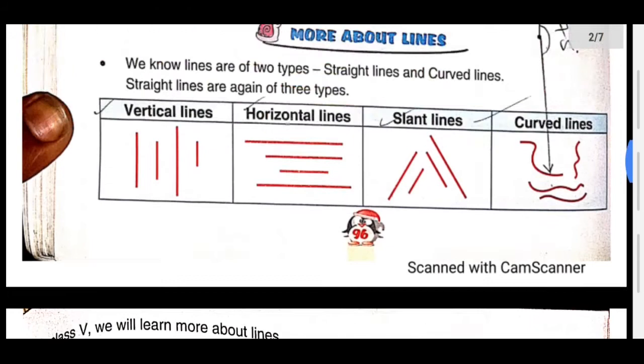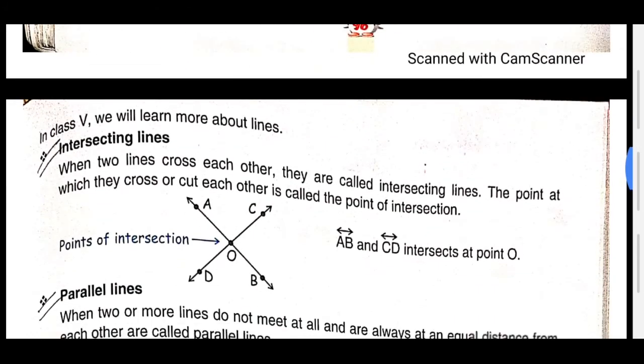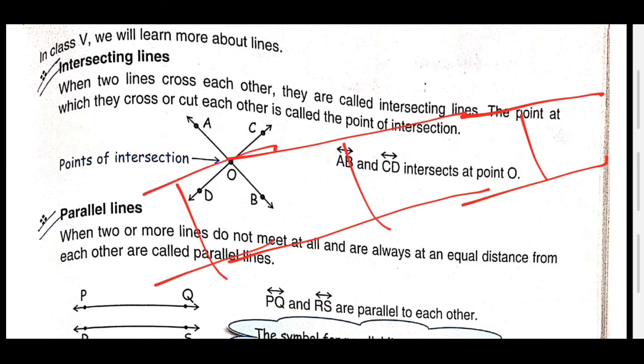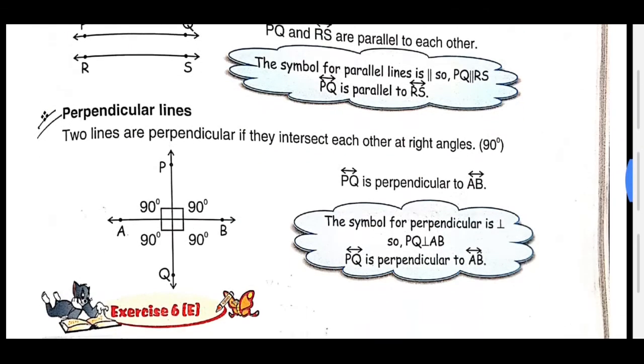Once again I am telling you in short. What is an intersecting line? Lines that intersect each other. The common point is known as the intersection point or point of intersection, and you don't know the measure of the angle. If you know the measure of the angle and the angle is 90 degrees, then this line is known as a perpendicular line. What are parallel lines? Parallel lines are those which are parallel to each other. When you increase them, they never meet, and the distance between them is always equal. They are known as parallel lines.